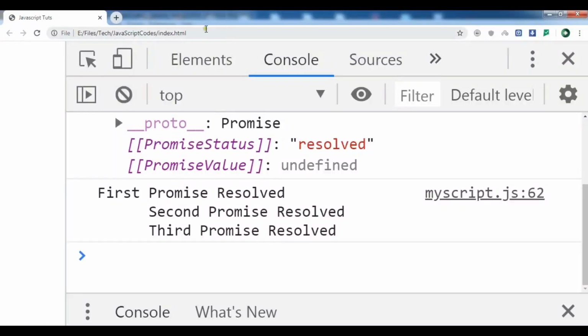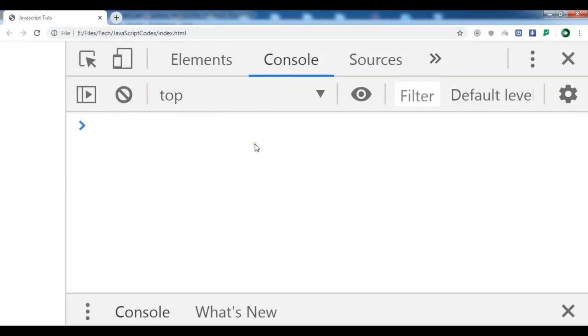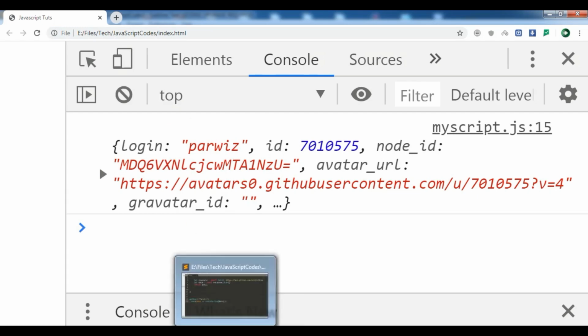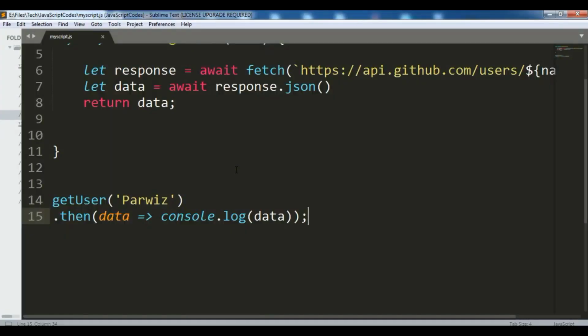Okay, now let me just see it in the console. Now you can see that we have received our information in here like this. So like this you can work with async and await, and